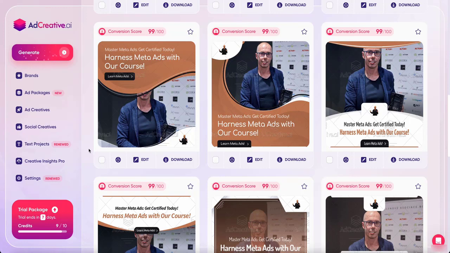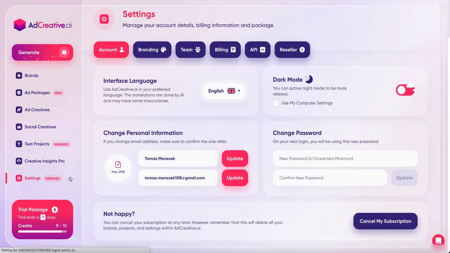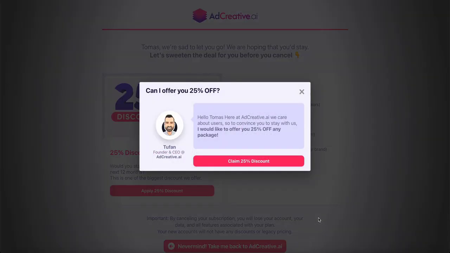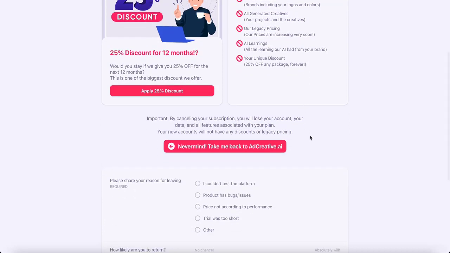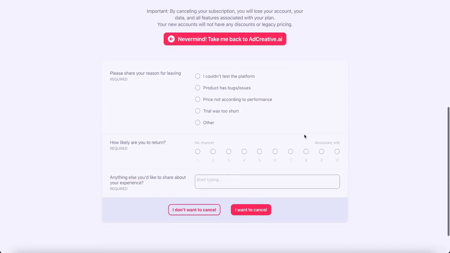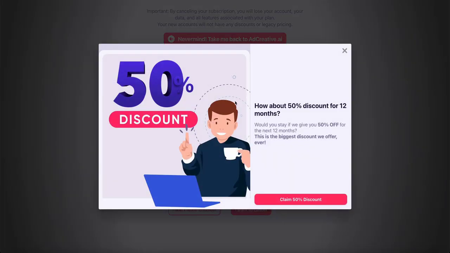And basically, if you will not like it, please be sure to go to settings, and please be sure to click to cancel my subscription. So they will offer you some discount, and basically they will even offer you 50% discount if you will just consider staying.